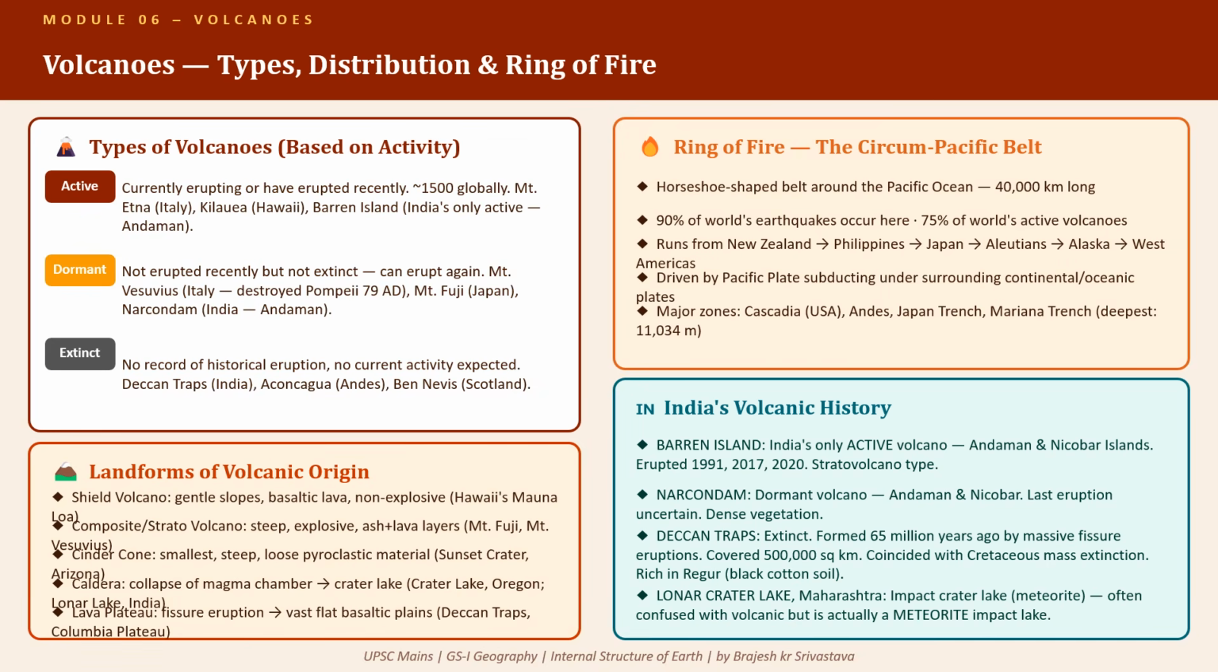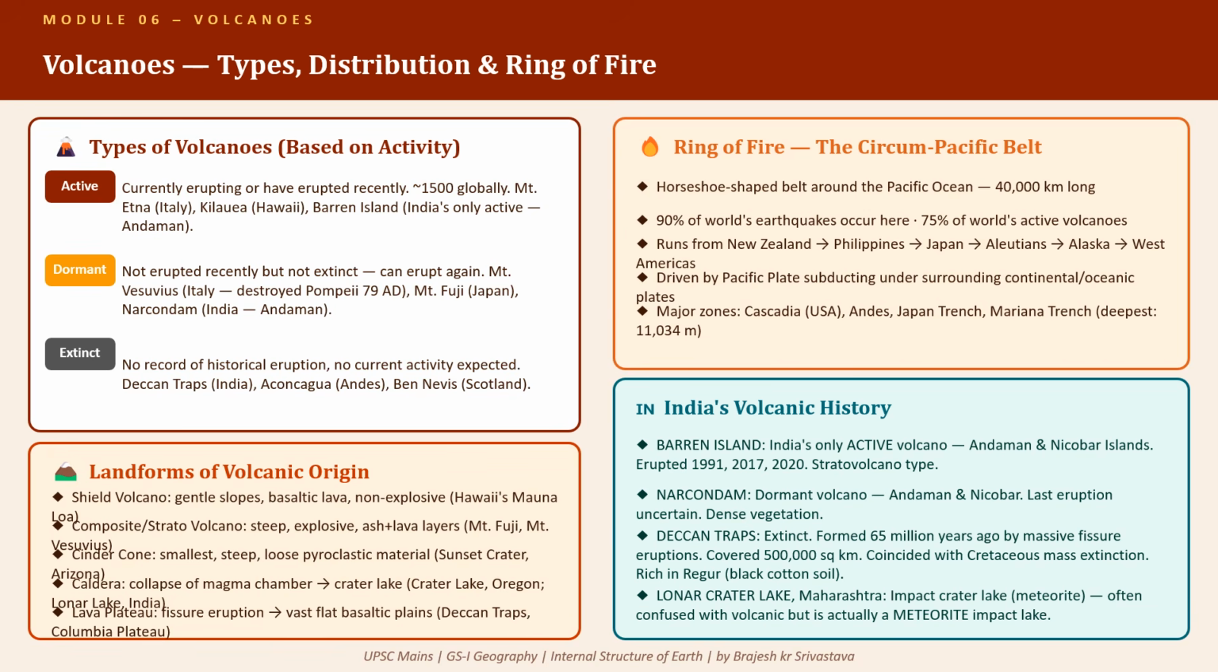Volcanoes are classified by activity into three types, and the India specific examples here are directly UPSC relevant. Active volcanoes are currently erupting or have erupted recently. About 1,500 active volcanoes exist globally. Famous examples: Mount Etna in Sicily, Italy, the world's most active volcano; Kilauea in Hawaii, essentially continuously erupting since 1983,